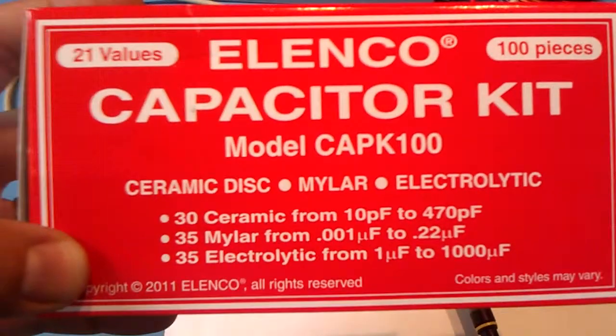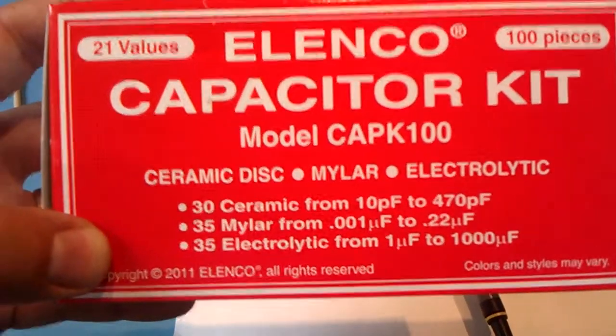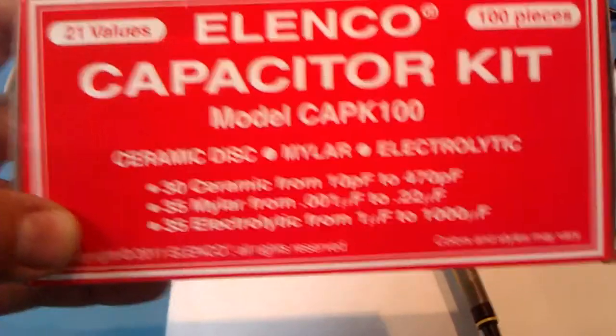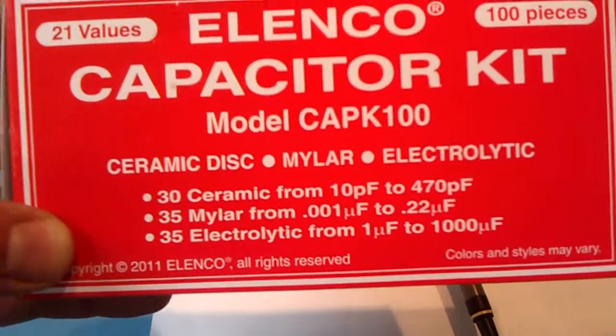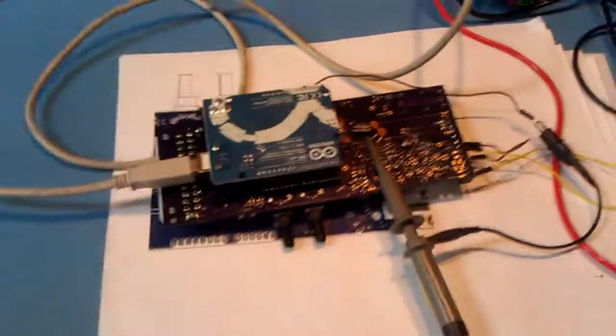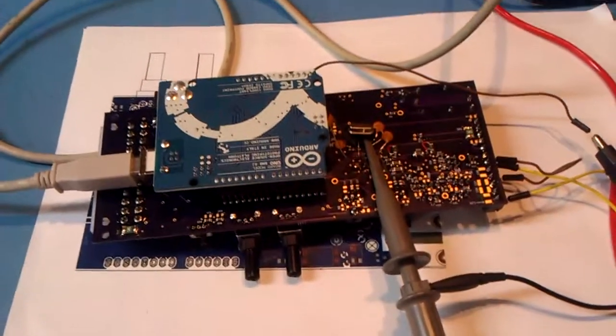and I think it was Wes, I'm sorry if I'm getting this wrong, said that you actually need to drop your capacitance when you go up in frequency. So I went out here and grabbed the smallest one I had, which was a 10 picofarad. And I was like, well, if that doesn't work, I'm going to order the 4 megahertz, so I don't want